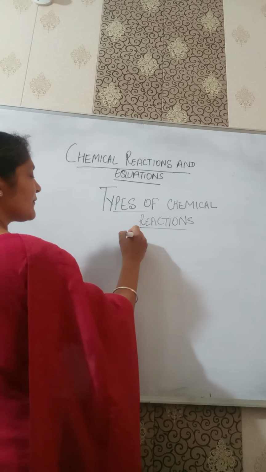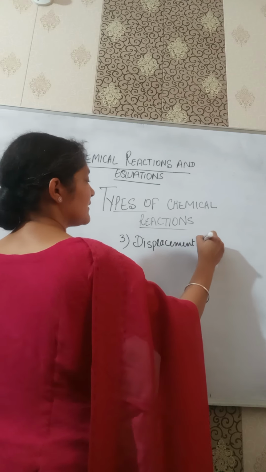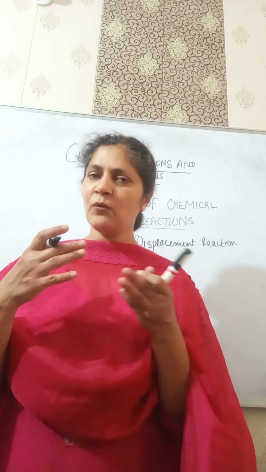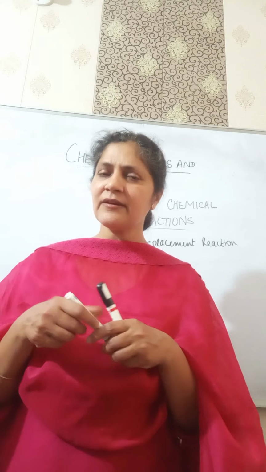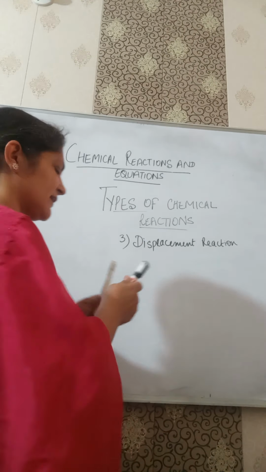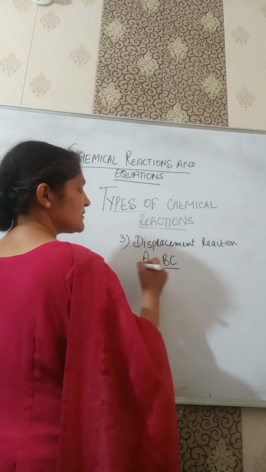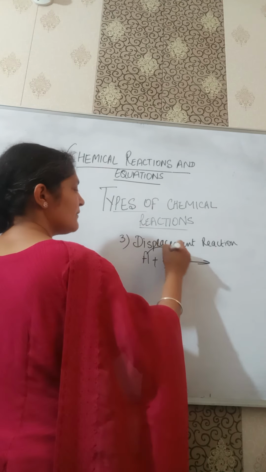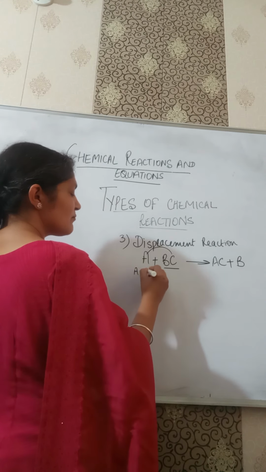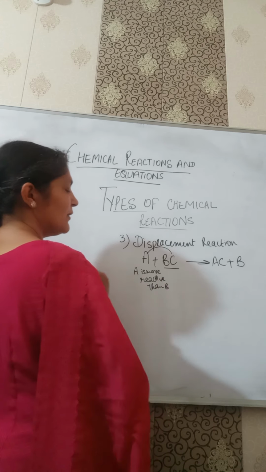Now the third type of chemical reaction is displacement reaction. In displacement reaction, the more reactive metal displaces the less reactive metal. The condition is, the metal which is going to displace the other should be more reactive. Like we take an example: A is more reactive than B, which forms a compound with C. We will see A will combine with C and it will displace B. The reason is, A is more reactive than B. You have to mention it, this metal should be more reactive.